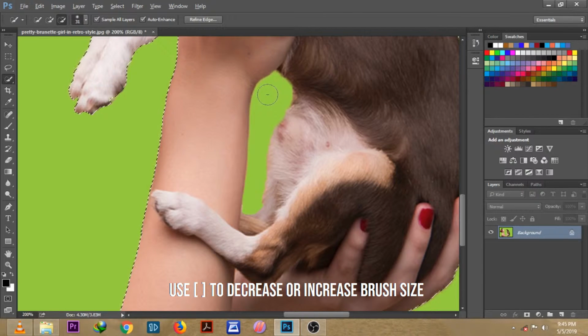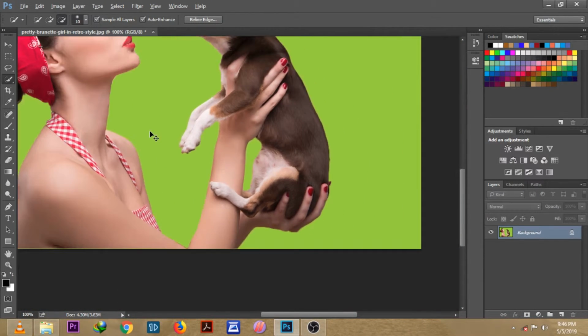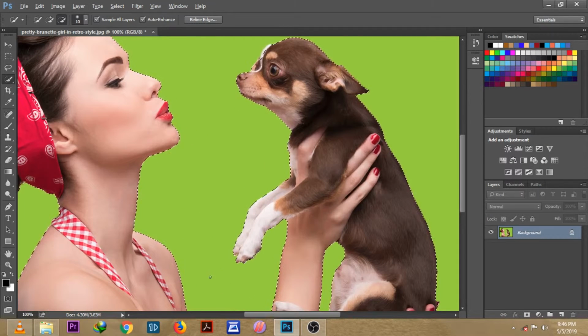Then now decrease the brush size using the shortcut. Left third bracket will decrease the brush size. Then drag it. Okay, then again click on. Now let's zoom back. Zoom out the image first. I think let's zoom a bit, and